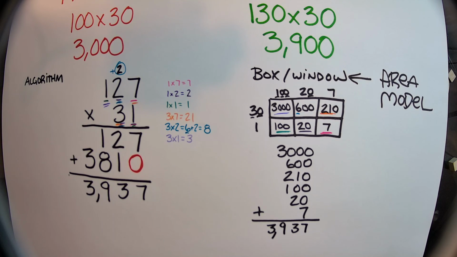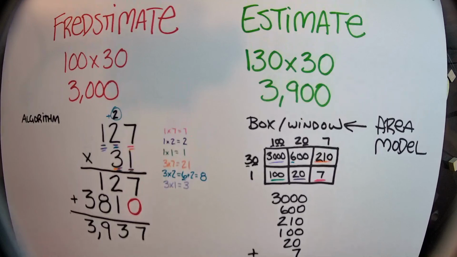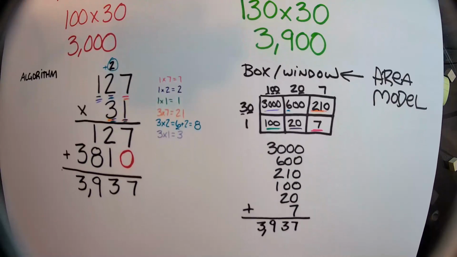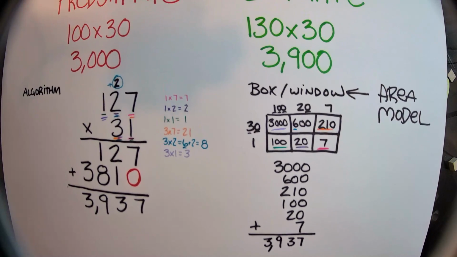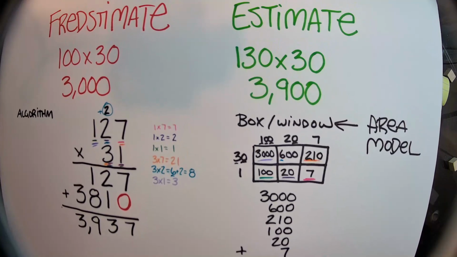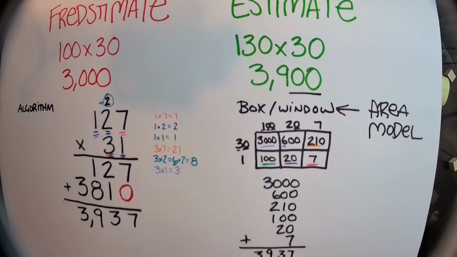Which one was closer? Our Fredstimate or our estimate? Well, if we got 3,937, our estimate, without going to the front end digit, was only 37 off. So it looks like